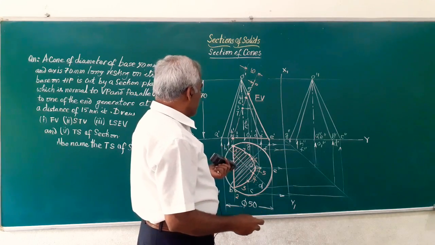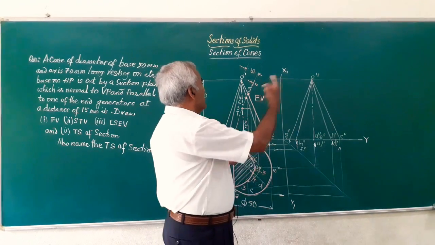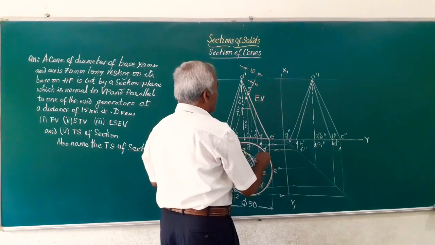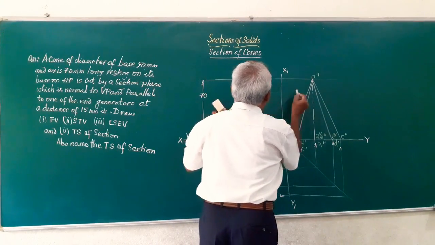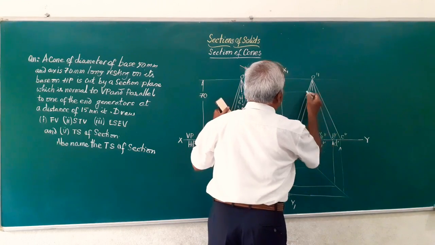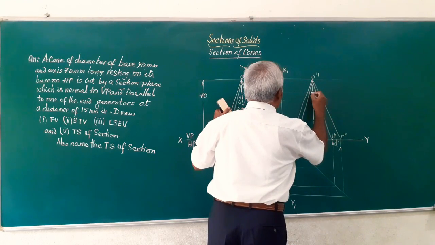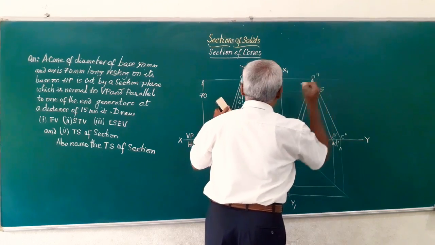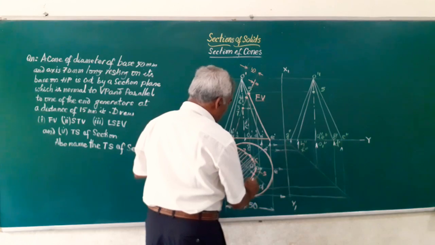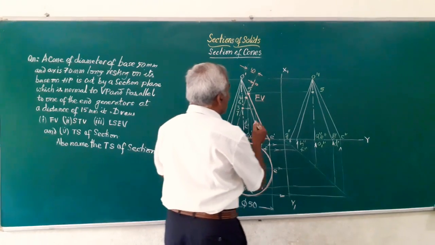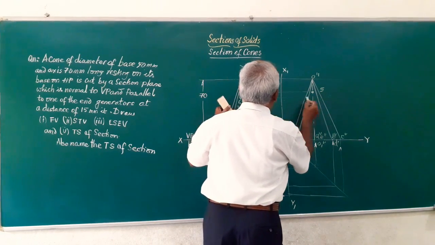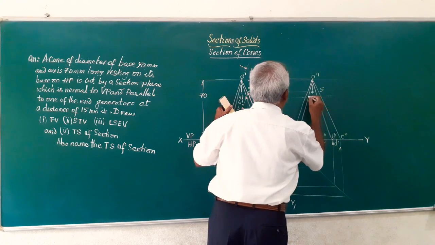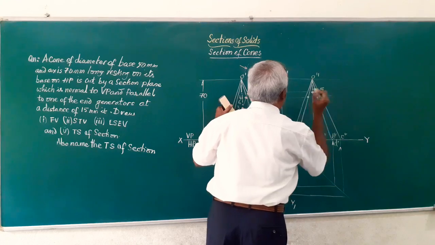Friends, let us transfer these points one by one to the end view. So, let me start from here. 5 is on OE. So, from here I am going to draw a line. OE is in the center. So, this is the point 5, we can just mark it. Next, we have got points 4 and 6 on OD and OF. So, from there OD, OF, the second one. So, these are the 2 points you are getting.